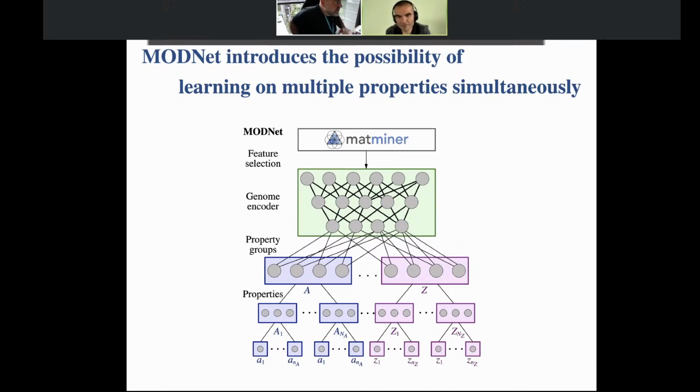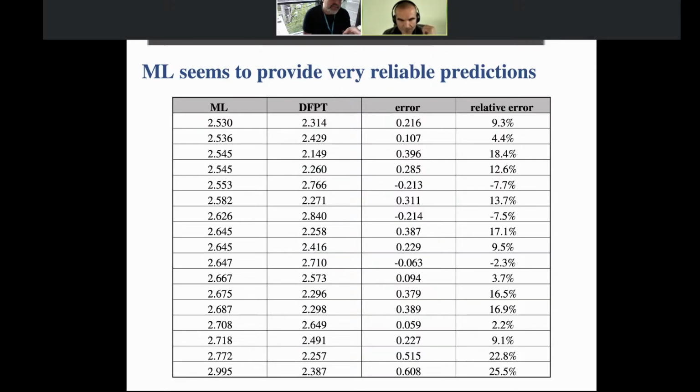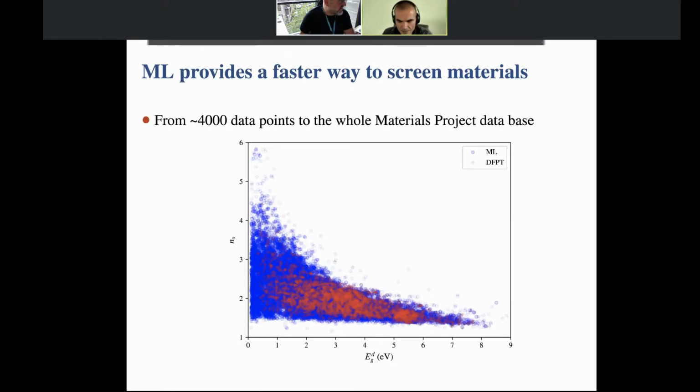Actually, there's another question from Sabine, about one of the very last slides you showed, with the DFT perturbation theory result and the machine learning. She noticed that they all seem to be around a value of 2, and she's asking whether you would have a larger error.